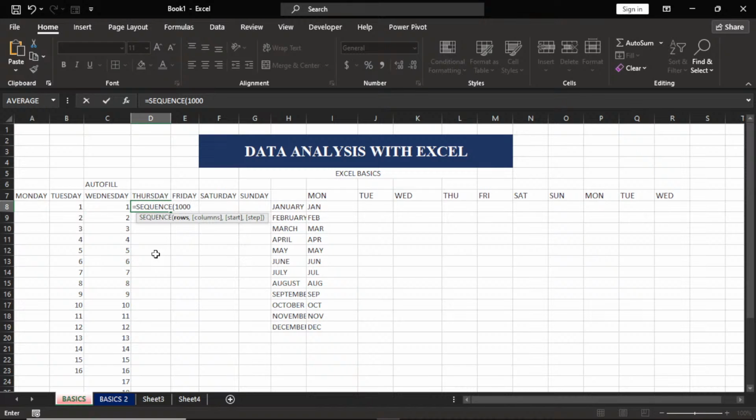What you are telling Microsoft Excel is that you want to generate 1000 rows. You want to generate up to 1000. So you hit,